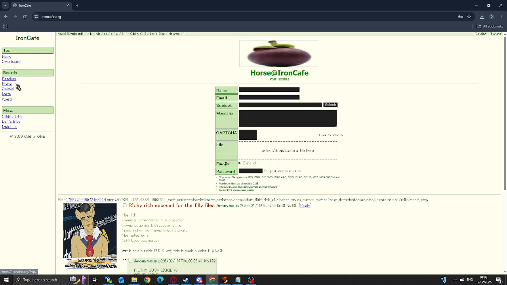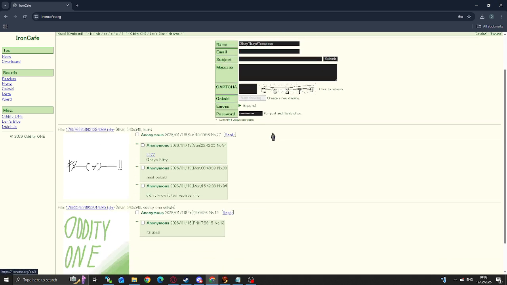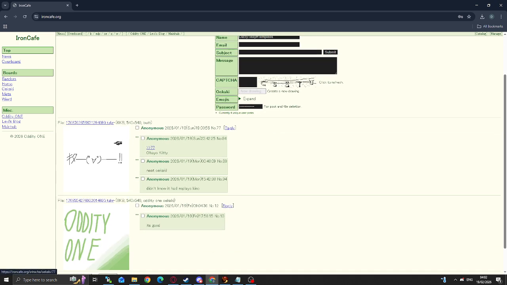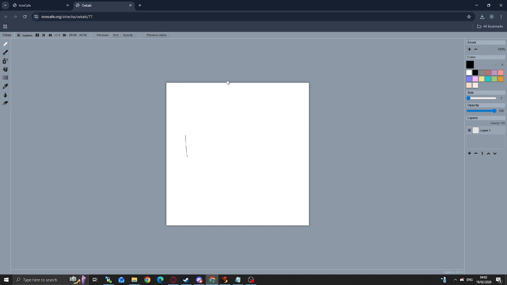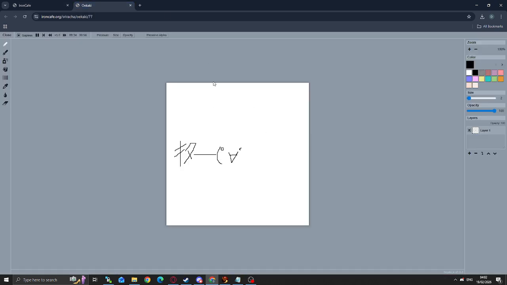We've got Horse for MLP stuff, and I'm not even going to try and say that, but the artboard. What's cool about the artboard actually is if I click the picture, it's playing a replay of the art. The way it can do this is not because the art has been saved as an MP4, but because you can draw on the website itself and download this.